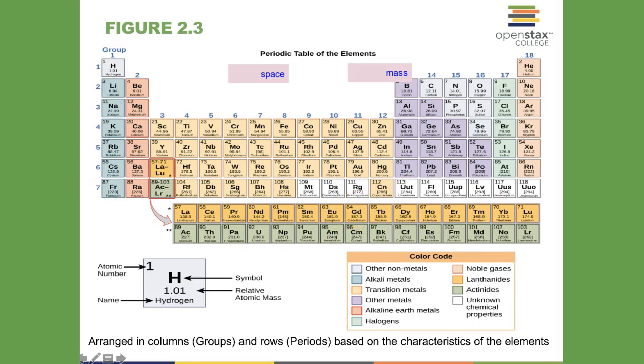So another example, let's do helium. The number of protons would be 2. The atomic mass would be the 4 underneath the atomic symbol, which is He. And if we wanted to find out the number of neutrons, all we would have to do is atomic mass, which is 4, minus the proton number, which is 2. So 4 minus 2, and that would give us the number of neutrons, which is 2. Pretty simple.